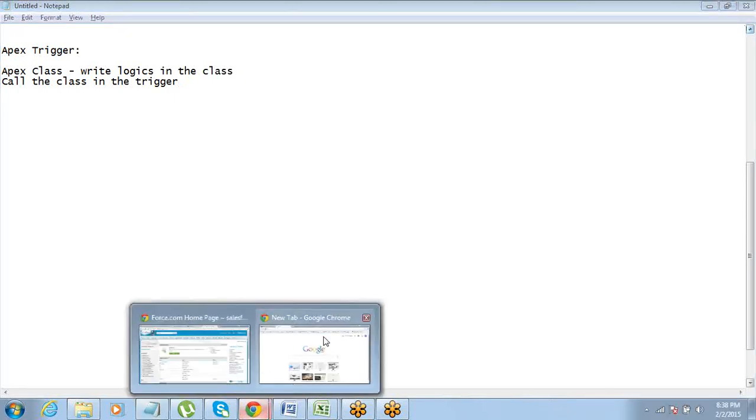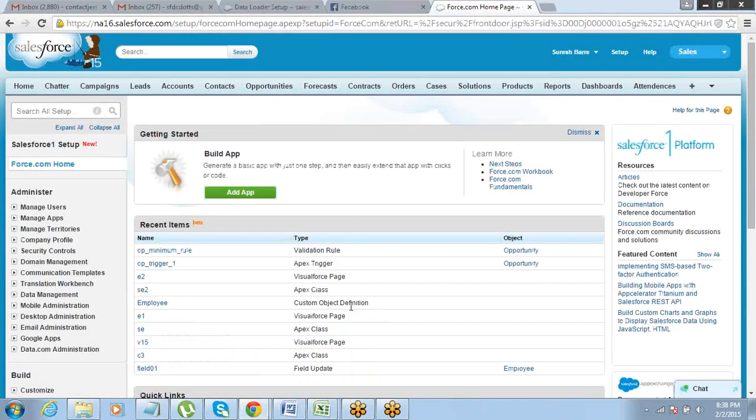So let's go to our Salesforce and create a class, and we are going to do this using a simple small example.